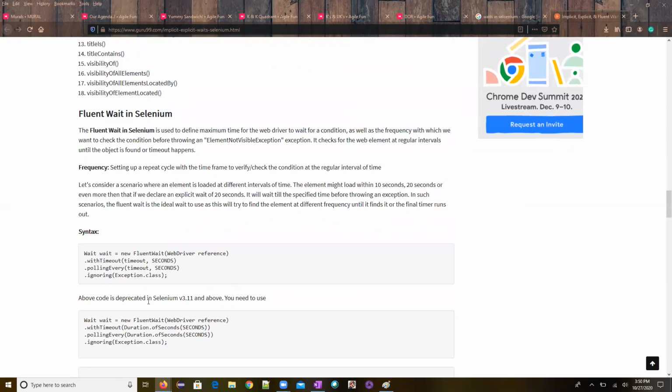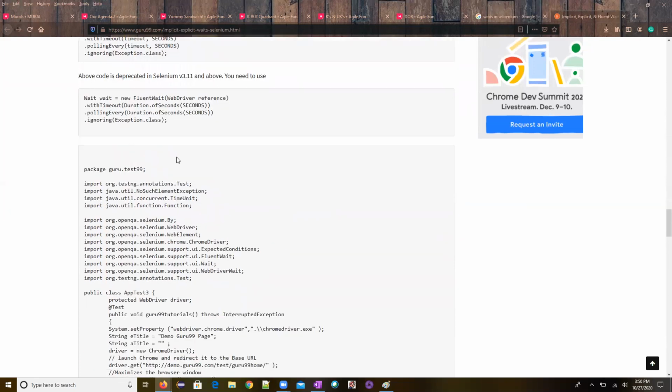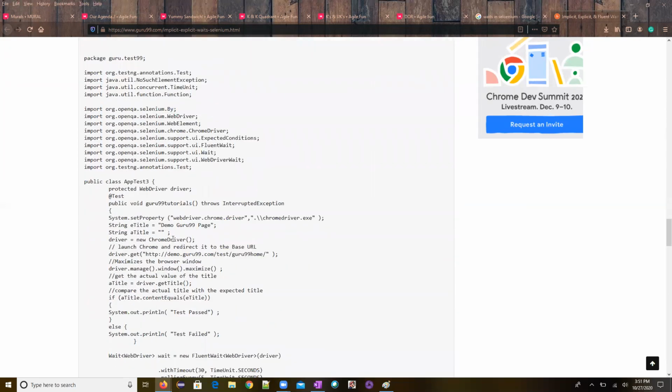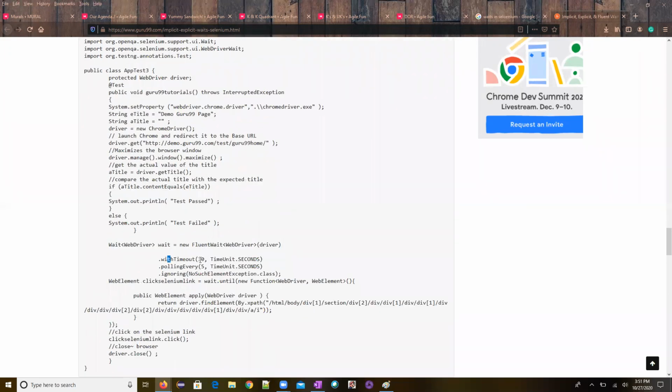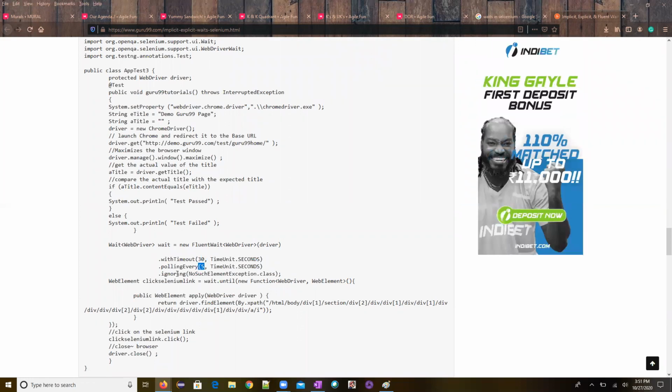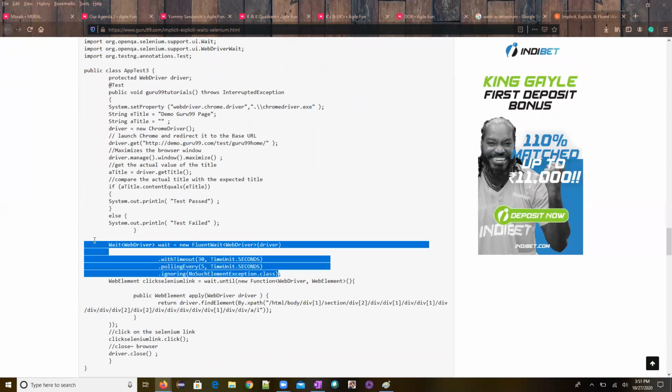Okay, now if you go and see the fluent wait, if you see here, the fluent wait will have the FluentWait class, and here we have the timeout, and the polling. So whether it is 30 seconds or 40 seconds, and what is the polling time, we will be seeing it, and ignore the exception. What are the exceptions we want to ignore? If you see here, the time is 30 seconds. Every 5 seconds you need to poll it, and if you are getting this NoSuchElementException, you can ignore this and you can proceed further. So that is what we are trying to say with the fluent wait.